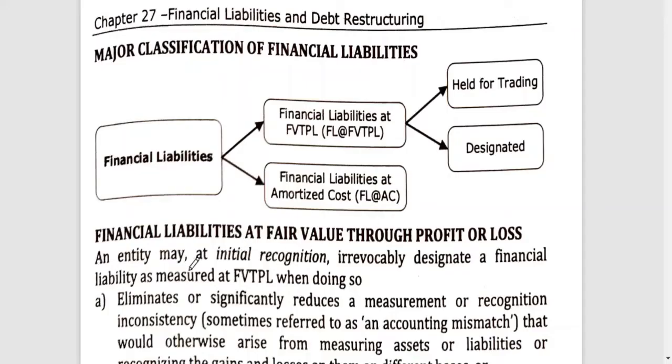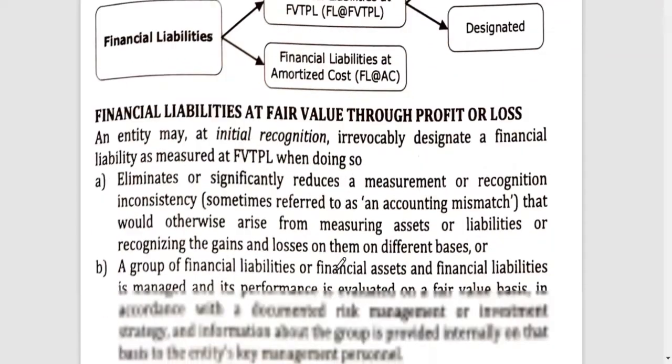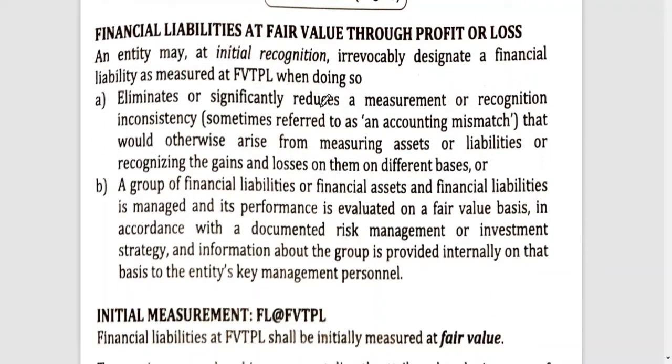So, financial liabilities at fair value through profit or loss. An entity may, at initial recognition, irrevocably designate a financial liability as measured at FVTPL when doing so eliminates or significantly reduces a measurement or recognition inconsistency that would otherwise arise from measuring assets or liabilities or recognizing the gains and losses on them on different bases, or a group of financial liabilities or financial